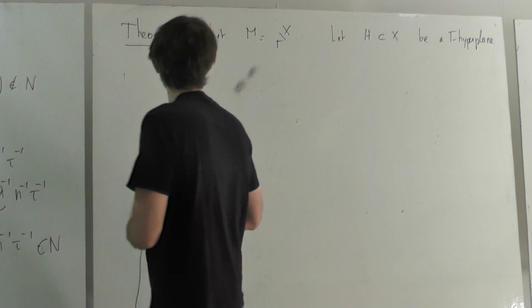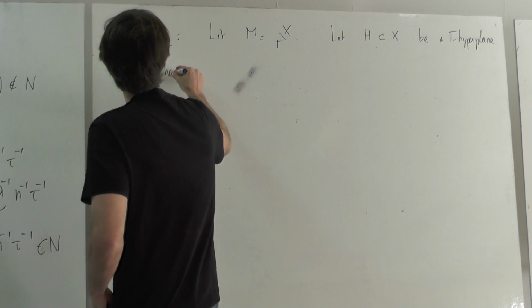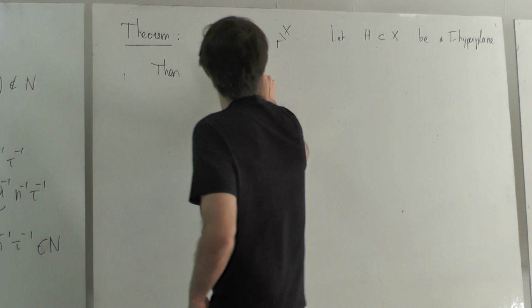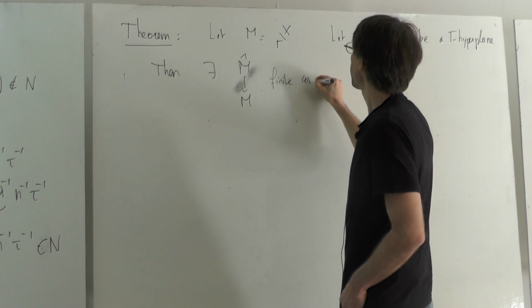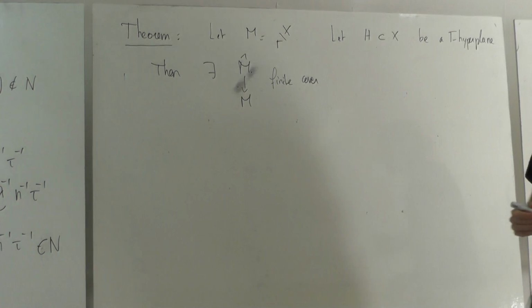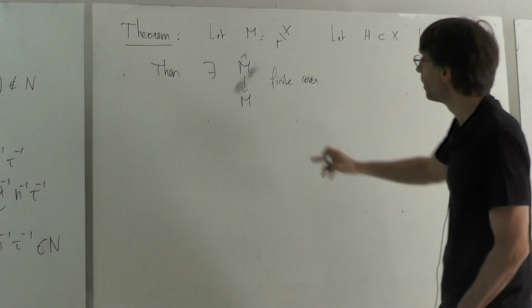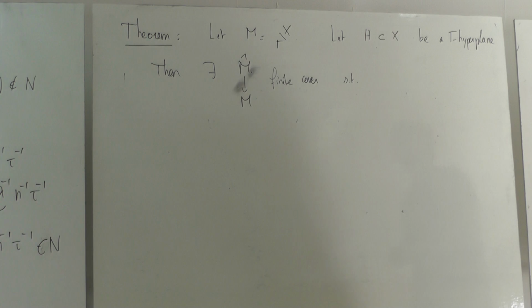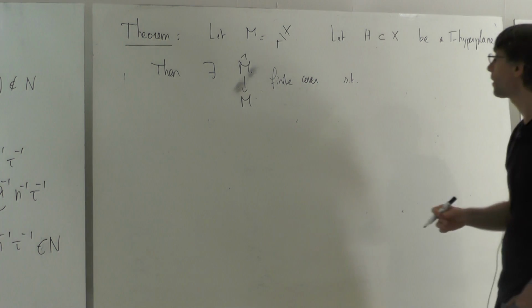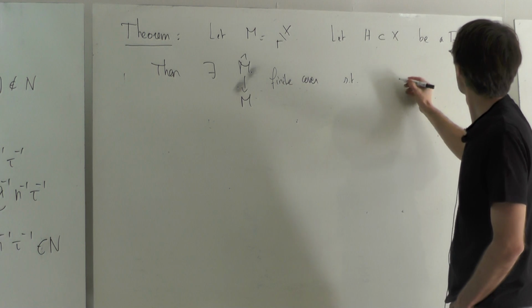But the theorem tells you that then there exists a finite cover. In fact, it's really a reformulation of the separability, a geometric reformulation. It's a consequence. There exists some finite cover such that the projection